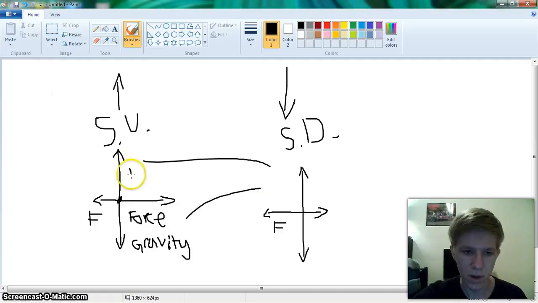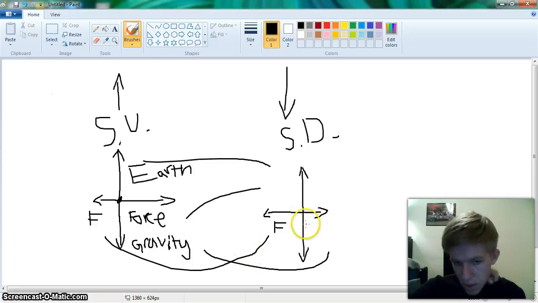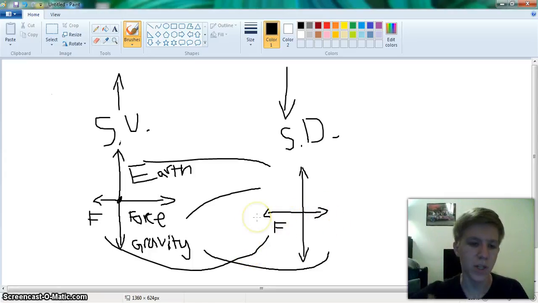Gravity, this is just the Earth pushing up on the car. And they all come out the same, in the same place. And yeah, the force is about half the size of the friction because the friction is more force than